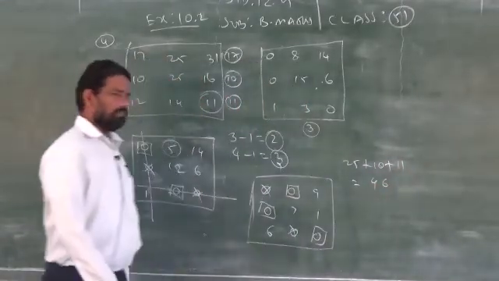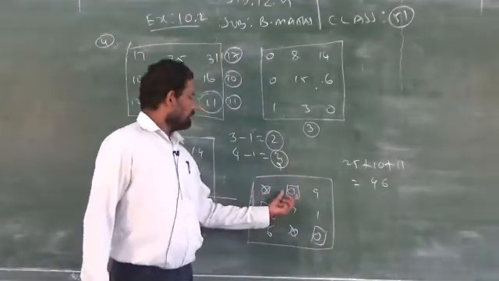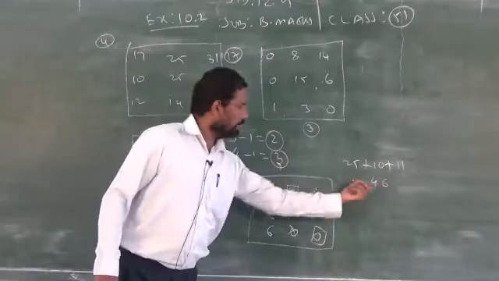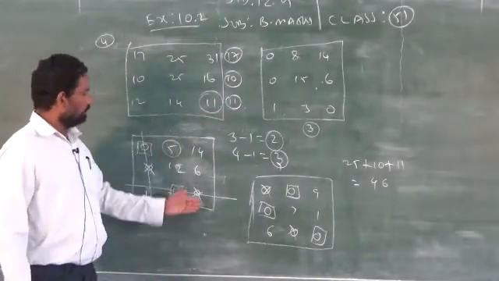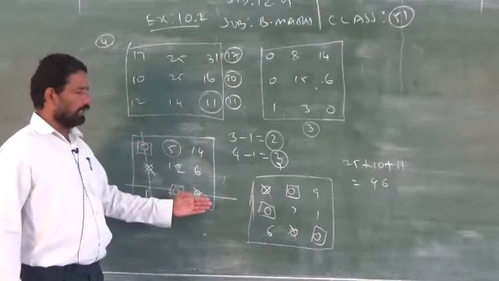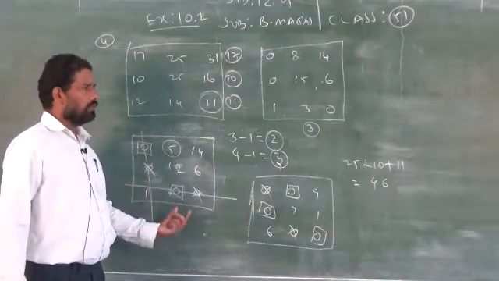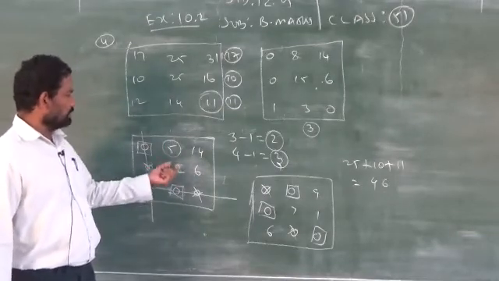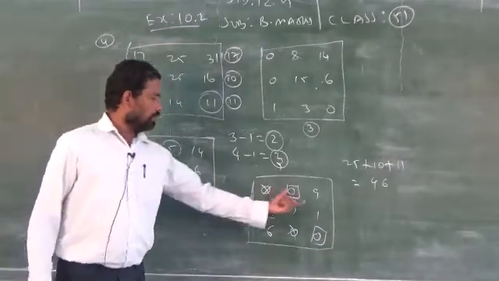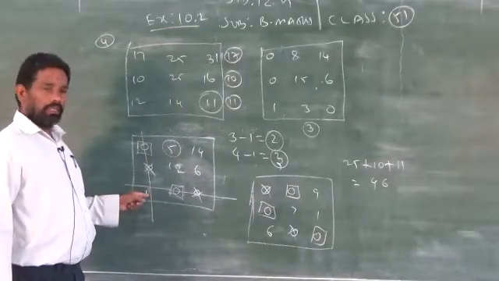46. The answer is 46. So, wherever the boxes are, take the corresponding values and add them, and you will get the answer. So, be very careful. You should know how to draw the line. When you draw the line, it should cover the more number of zeros. Then take the least of the remaining elements and subtract the least cost from the remaining 3 elements. You get the answer like this. Then you add the least cost to the intersecting points.